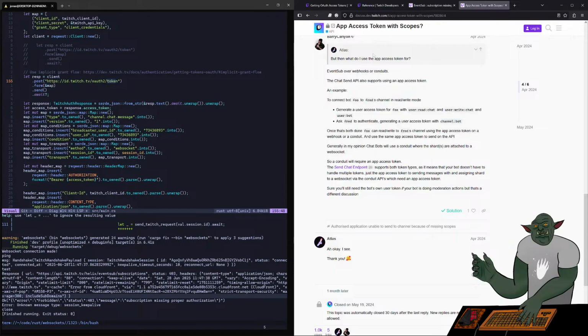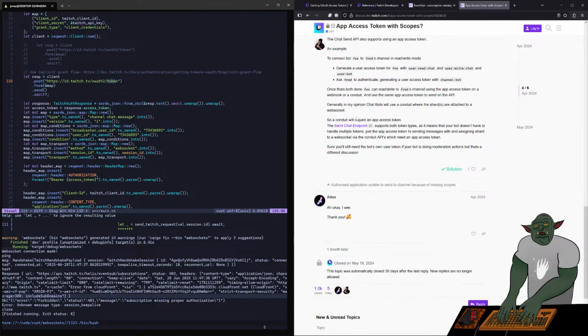What do I use? The app access token, EventSub over webhook or conduits. The chat send API also supports using the